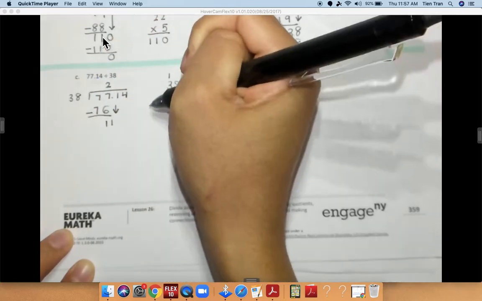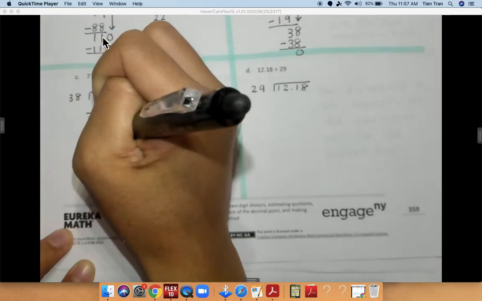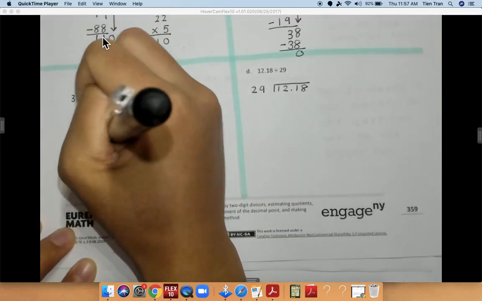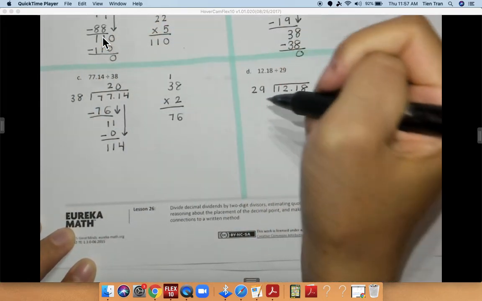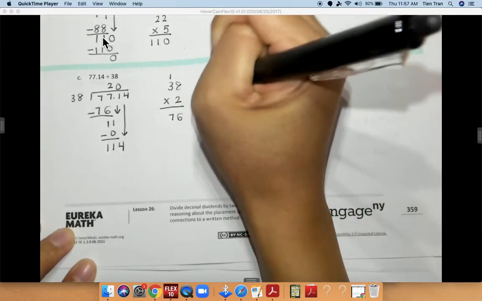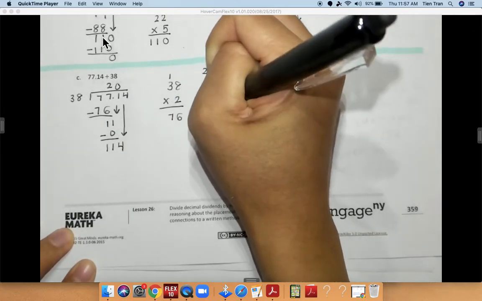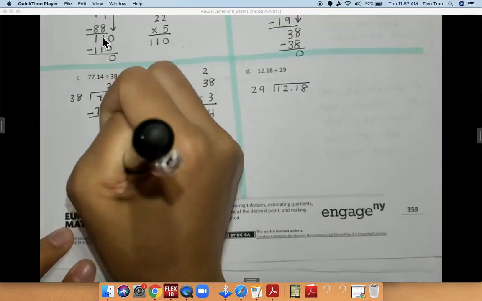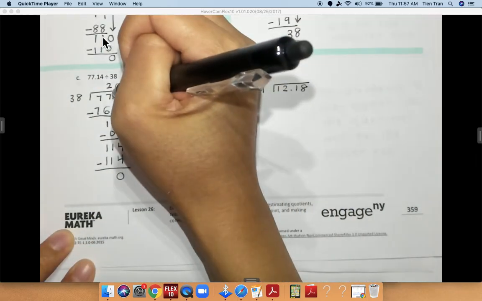Carry down your 1. How many times can 38 go into 11? It can't. So I'm going to put a 0. 38 times 0 is equal to 0. 11 minus 0 is equal to 11. Don't forget to bring down your 4. How many times can 38 go into 114? Let's try 38 times 3 and see if that works. 8 times 3 is 24. 3 times 3 is 9, plus 2 is 11. I get 114. I'm going to subtract. Don't forget to put your 3. So don't forget to also bring